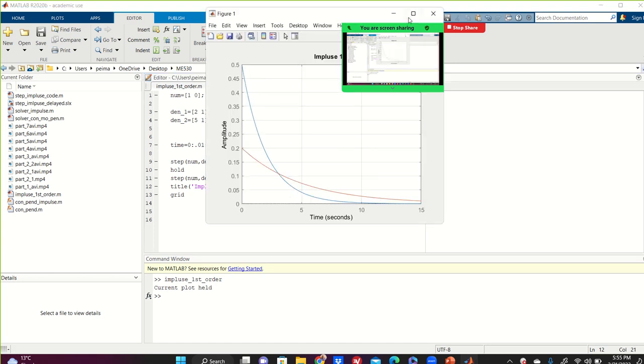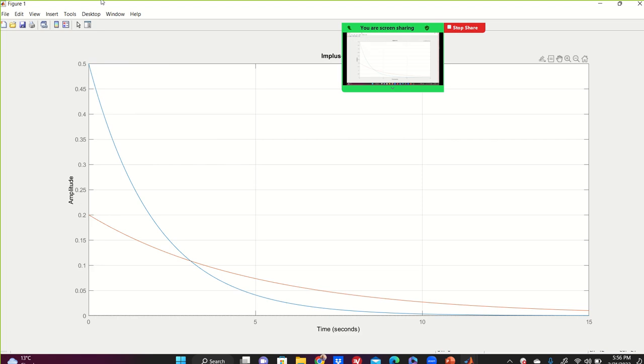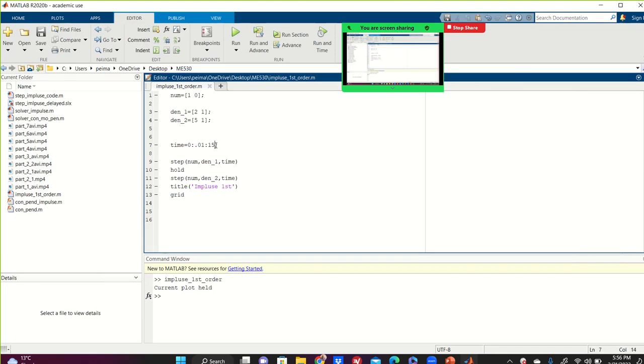here we go. See, this is the impulse, exactly as I plotted, right? We need more time. So see, for 5 seconds it takes more time. That's the physical meaning of the time constant. So I have to increase this to 30 seconds. And I can say here, in the legend, this is for tau equals 2, and the other is tau equals 5. That's right. Now if you run this,